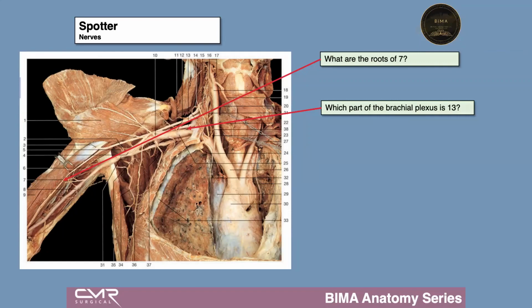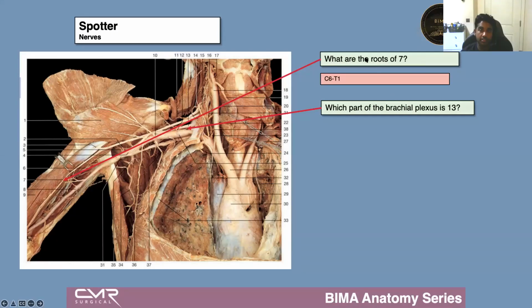Time up. Time up. Okay. So the first one is for the roots of 7. So if you look at 7, 7 is over here. But if we follow it, you can see that a couple of different nerves actually feed into it. A couple of different divisions feed into it. And also